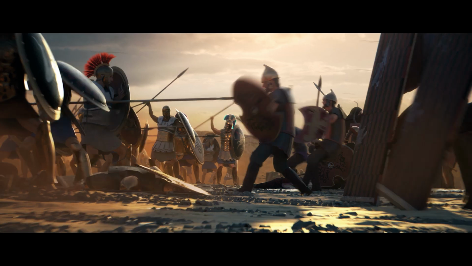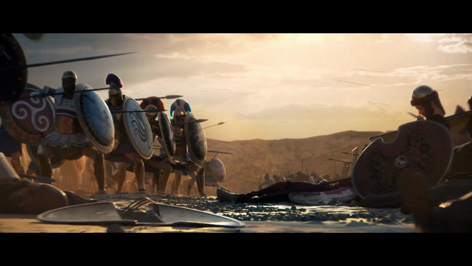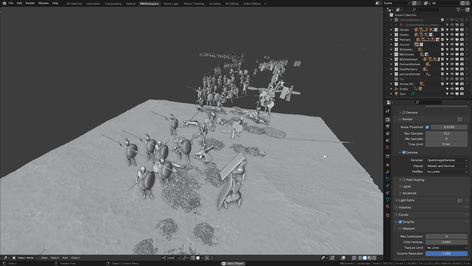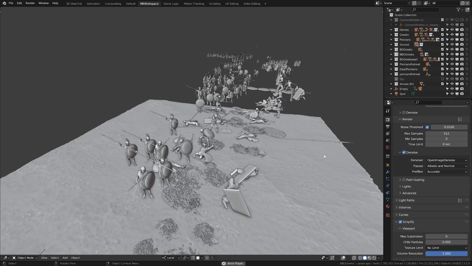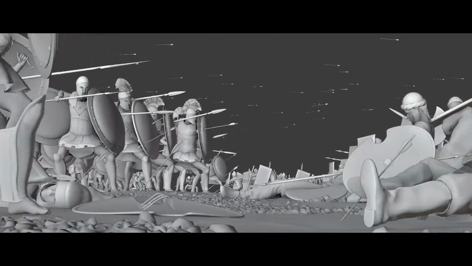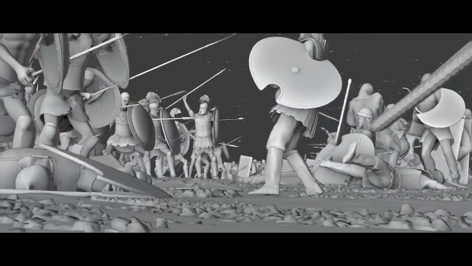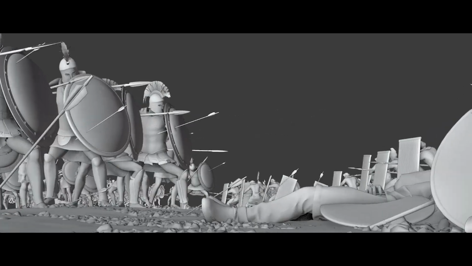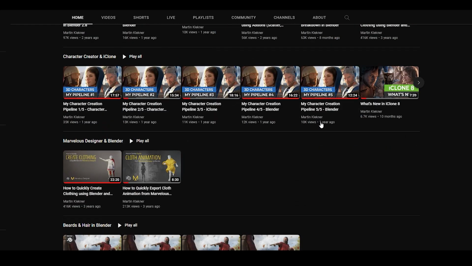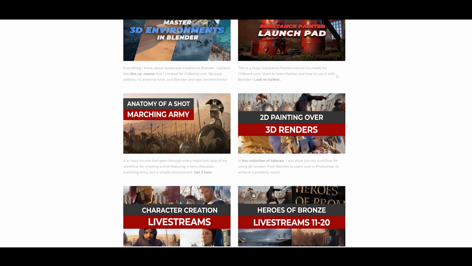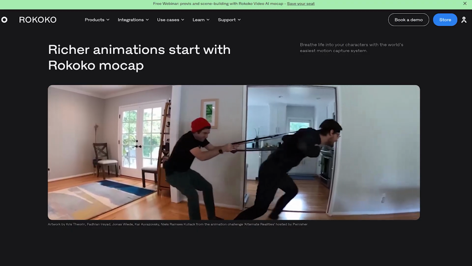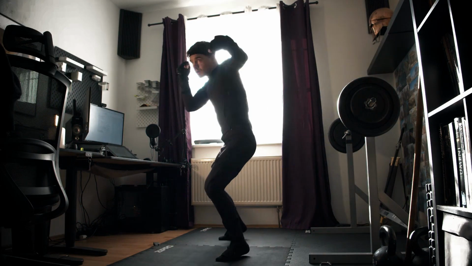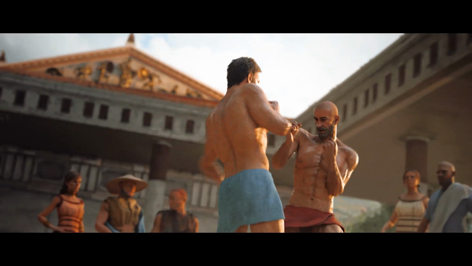So as I said, this shot is mostly about the many soldiers that needed to be created, animated and synchronized so that they look like they're reacting to each other, which was definitely the most difficult thing about it, and why it took me months to complete. When it comes to the actual creation of the characters and then their rigging, I talked about this extensively in my character creation course here on YouTube, and also in its extended version on Gumroad. What I want to talk about in this video though is Rococo and my workflow when using it.